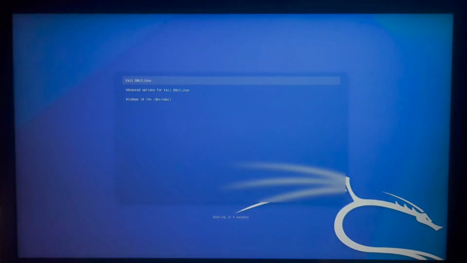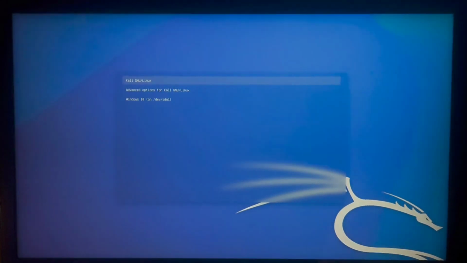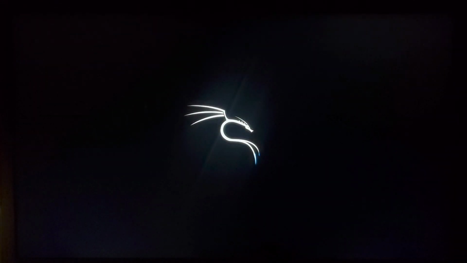So here you can see this is Kali on the top and this one is Windows. So from here you can choose either you want to load Windows or Kali. So let me just open Kali. This is the logo for the Kali.